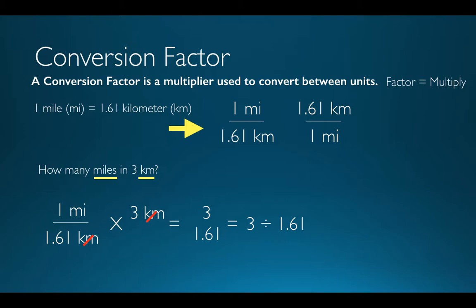So 3 over 1.61 is the same thing as 3 divided by 1.61, which equals 1.86. So in 3 kilometers, there are 1.86 miles. For this problem, our conversion factor is 1 over 1.61. Now, if you notice, on this example, we divided because we were going from